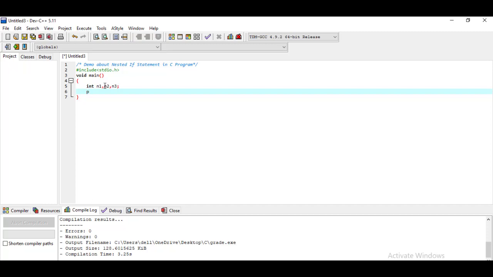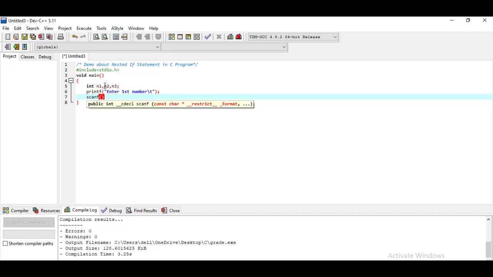So I'm writing printf, then typing enter first number, then using the \t escape sequence and a semicolon at the end.